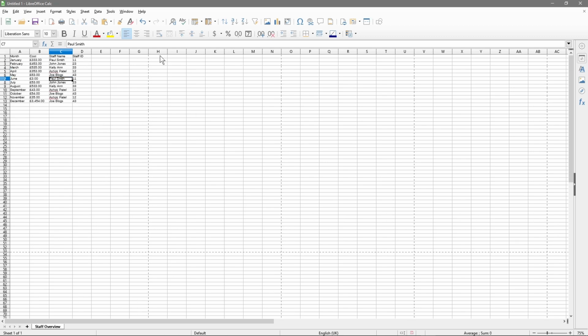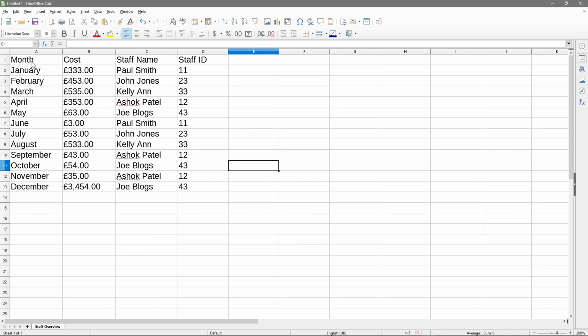So if you started to type data in here, imagine if you filled in all these three columns and you started typing data in here, that data will get printed on a separate page. That's just for your own reference. So what we can do here